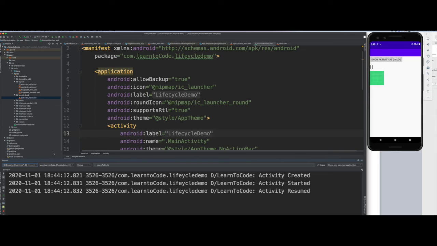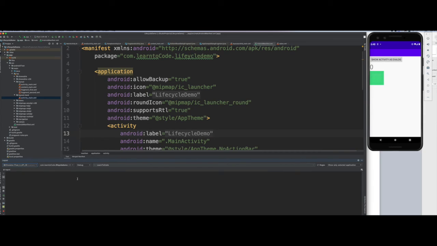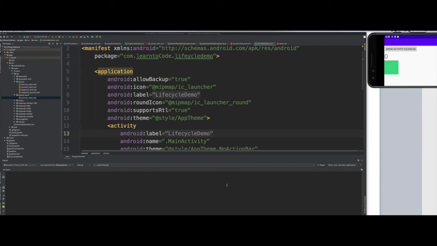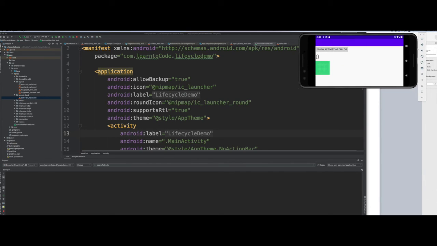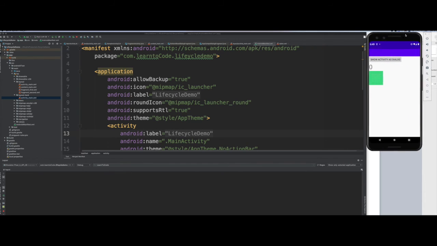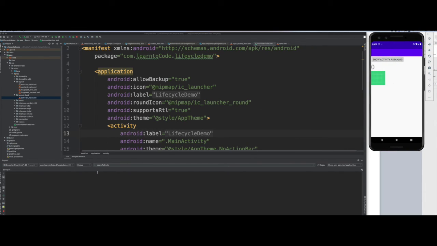So let me show you this quick thing too. I'll just clean the logs. If I rotate it right now, you will see there are no logs. The activity is not recreating, it's not destroying, nothing is happening. And if I do the configuration changes again, there are no logs. So this is what happens when you define that manifest flag, which in my opinion we shouldn't do,